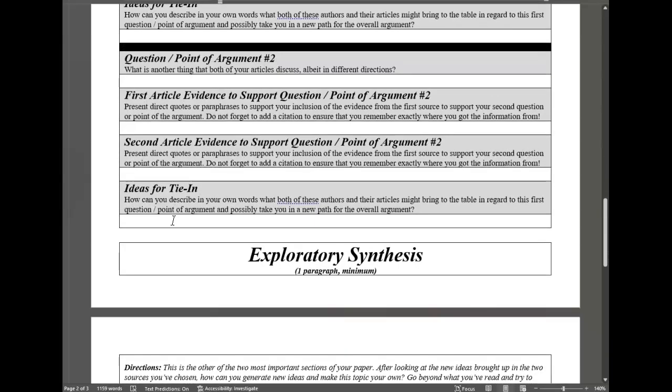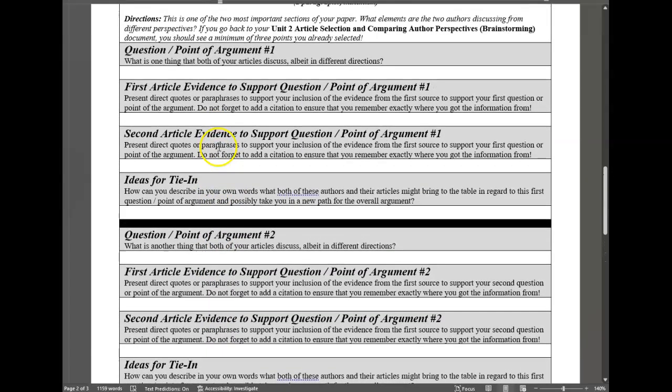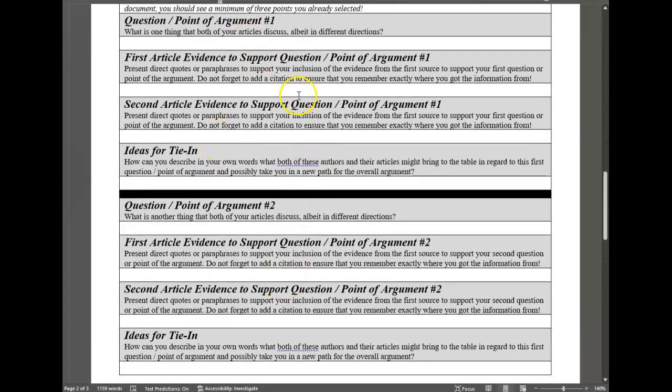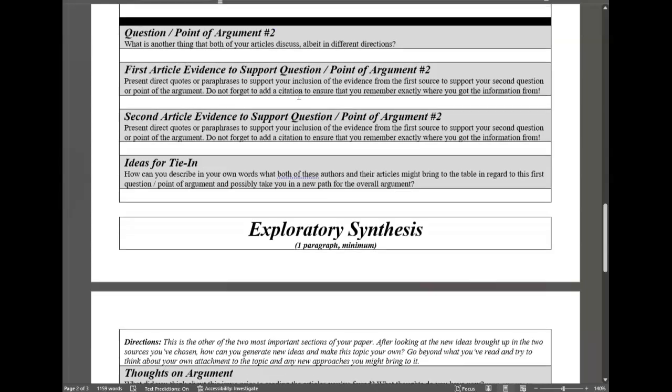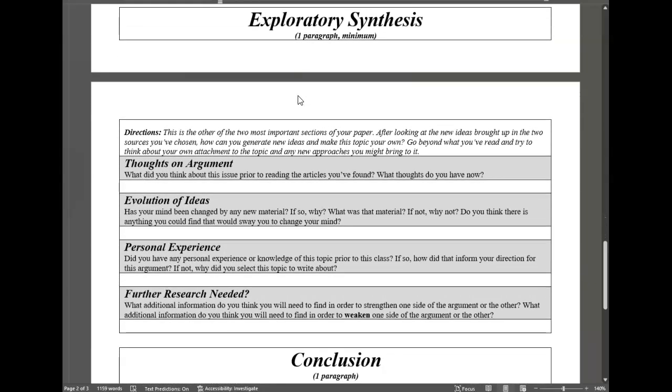And you're going to do the same thing for point number 2. What was the second question that you asked that you thought was good? What was the evidence to support that, and how you tie everything together, okay? So if you can remember how to do that, this is a very important part of your paper. It's a minimum of 2 paragraphs. Do not combine them. Then down here, the one that I believe is the most important paragraph in the entire